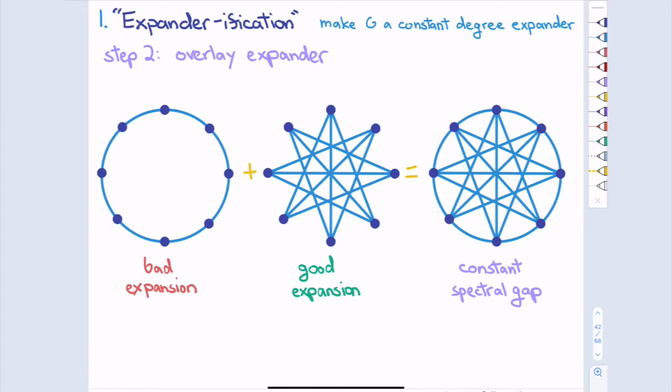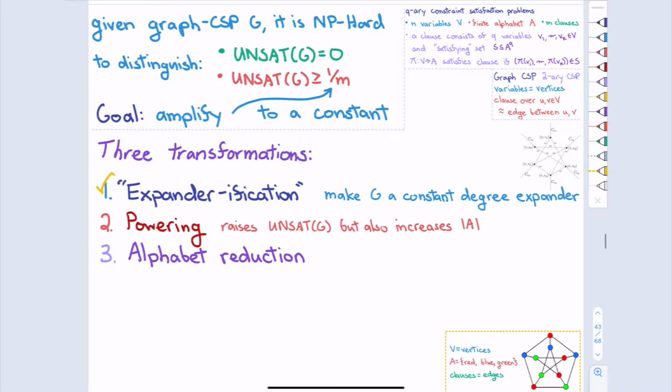Then we'll just add trivial constraints, because this is a graph and we need to give them constraints. But really the constraints shouldn't matter. So we'll add trivial constraints, like any letters will satisfy that edge. That would make an expander graph CSP. So that's how you address the spectral gap. Now going into the second step, I can assume that G is a constant degree expander. And the really interesting part is, why do we need a constant degree expander? That's what we should keep an eye out for as we do the more interesting parts.